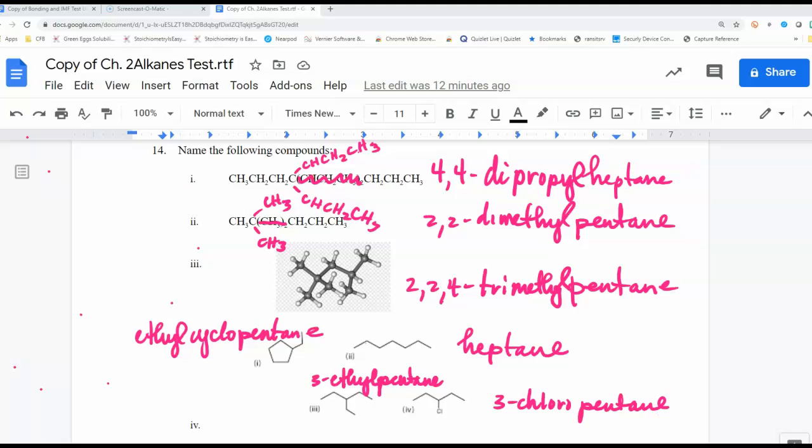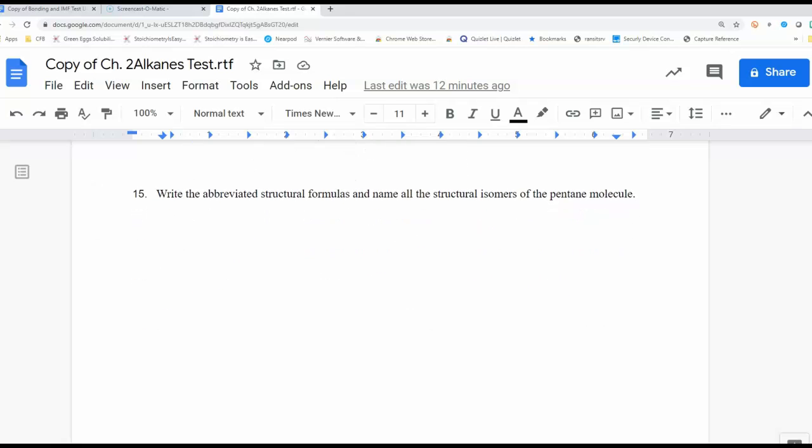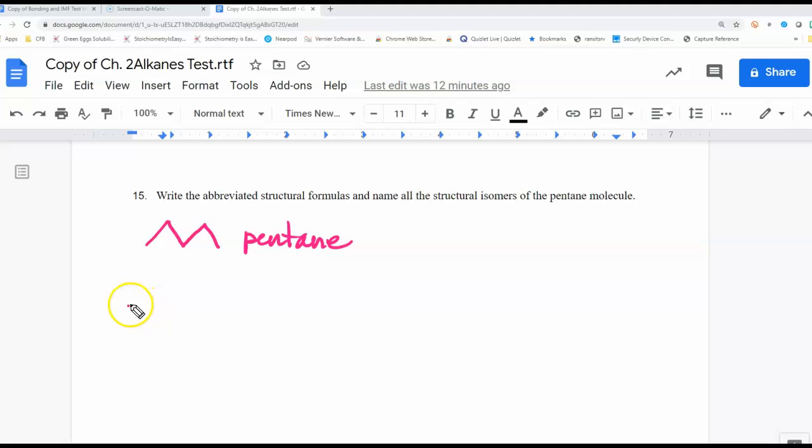All right, so let's go ahead and continue downward. Write the abbreviated structural formulas and name all the structural isomers of the pentane molecule. Okay, so let me see. I believe that means I'm going to have 3 of them. The first one is 1, 2, 3, 4, 5. That's going to be pentane. And then I'm going to have 1, 2, 3, 4. And then I can have a methyl group attached like that, and I'm only going to do that so I can see it, and so that's going to be 2-methyl,